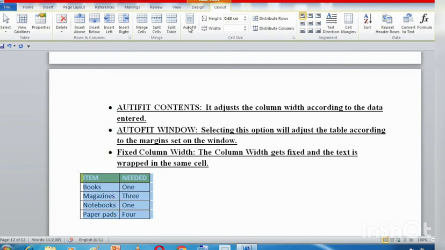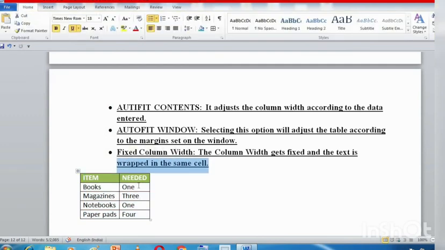If I select fixed column width, it will do nothing. It will just make the column width fixed and the text is wrapped in the same cell. That means the text will be fixed inside these cells. Nothing is going to happen. Whatever my table size is, it will be according to that.